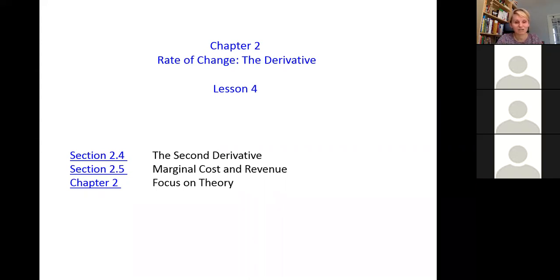That means the second derivative, and then a little bit of application, the marginal cost and the marginal revenue. Okay? And the end of chapter 2 was focused on theory. That's why we will talk a little bit about the continuous function and about the behavior of the function, the end behavior, how functions behave at the end of the domain, which